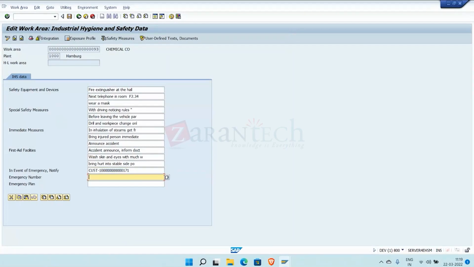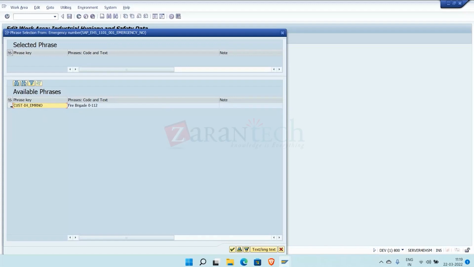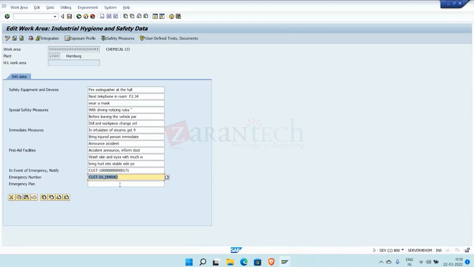And the emergency number also should be a unique number like 911, 100, whatever it is, it will be unique. It will not be multiple things. Emergency plan. So for every region, every country, there is an emergency plan approved by the regulatory authority for each